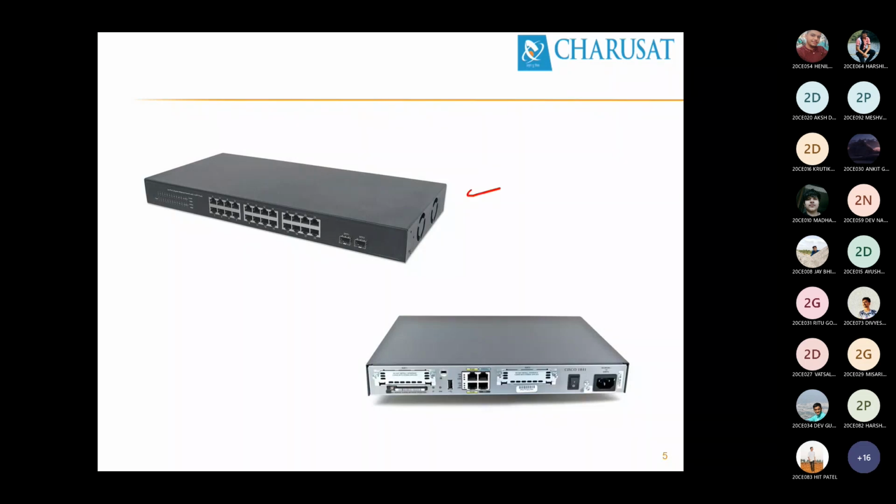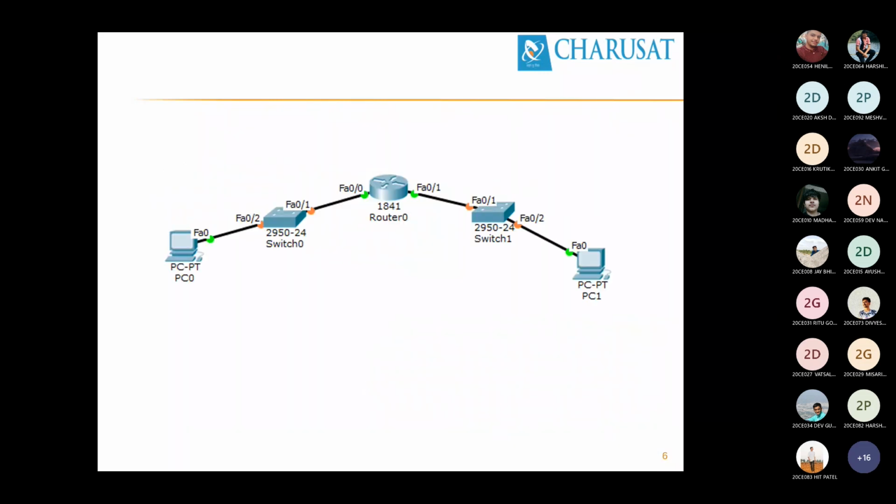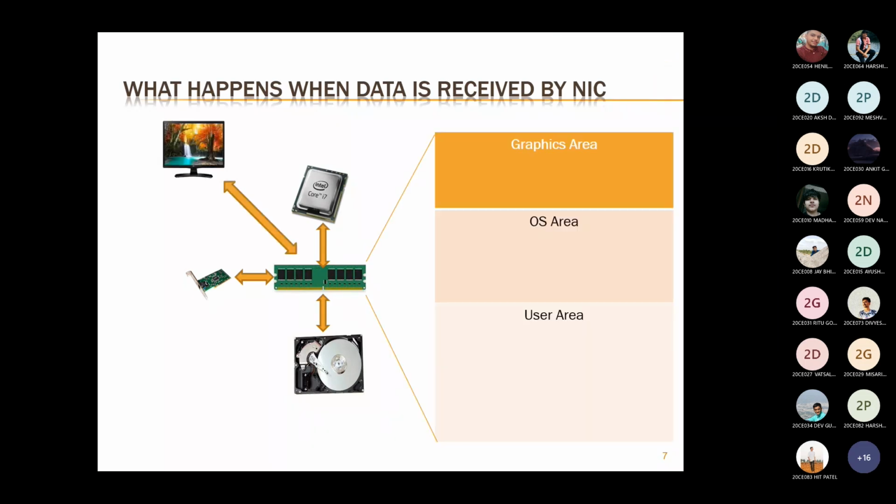This is the upper one. The upper diagram is a switch. The lower diagram is a router. We will discuss in detail the difference between switch and router from the port point of view. We can replace this Packet Tracer switch with a real switch, and we can have a real router that is available in our campus. In laboratory 717A, you can see those lab switches and routers.